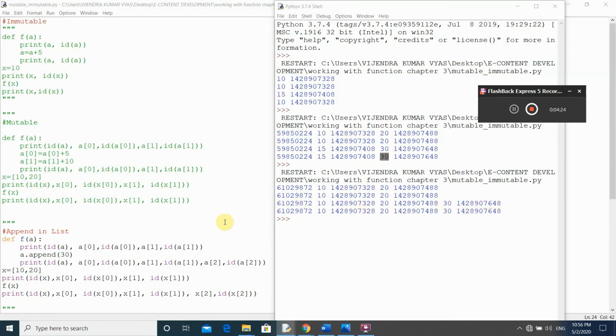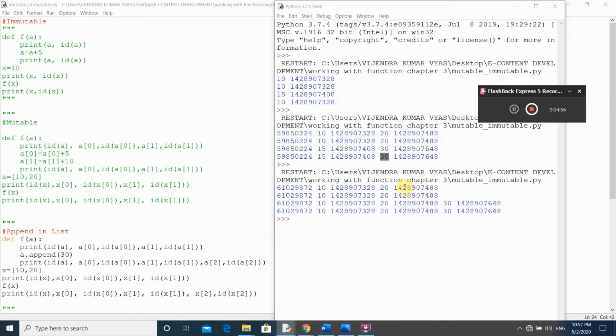So after executing this statement, now the last print statement in the main program will be executed, and here you see the address of x, the value of x of 0, address of x of 0, value of x of 1, address of x of 1 are the same as above.